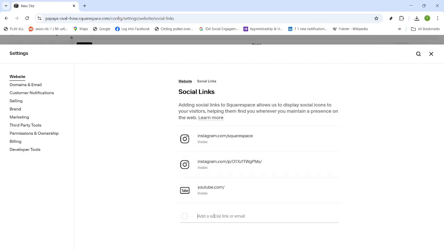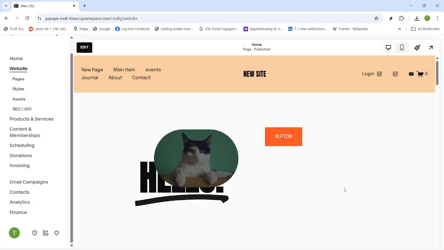A few quick tips as you wrap up. If an icon doesn't show as expected, double-check the URL for typos and make sure you're linking to a public profile. Icon placement, header, footer, or both, depends on your site's template and design settings, so your new icons may appear automatically where your template supports them. That's it. Your social media